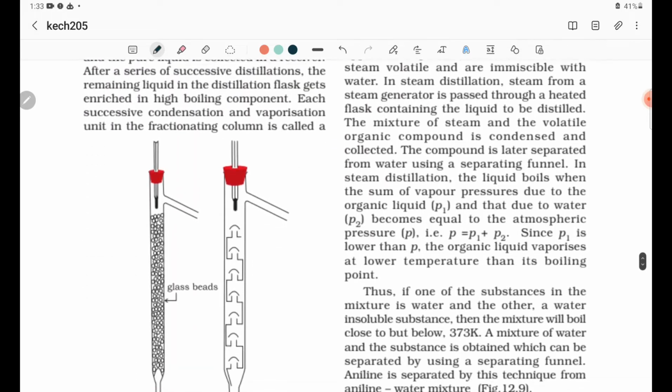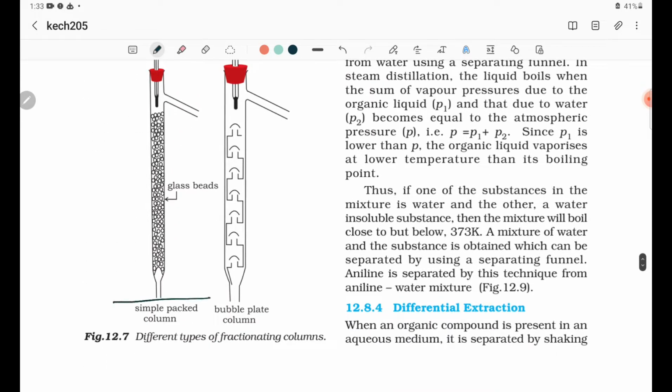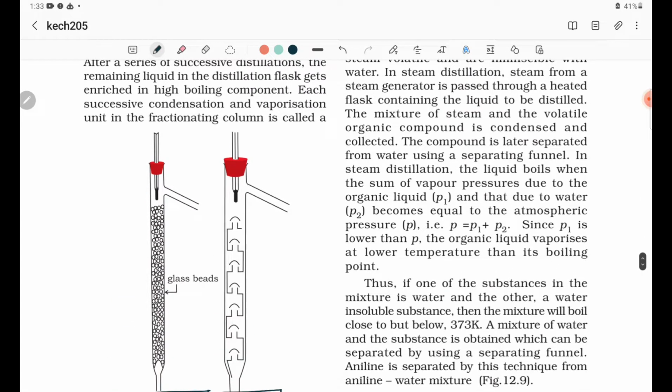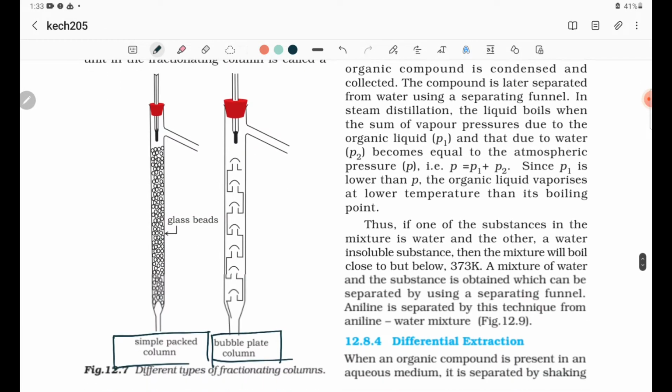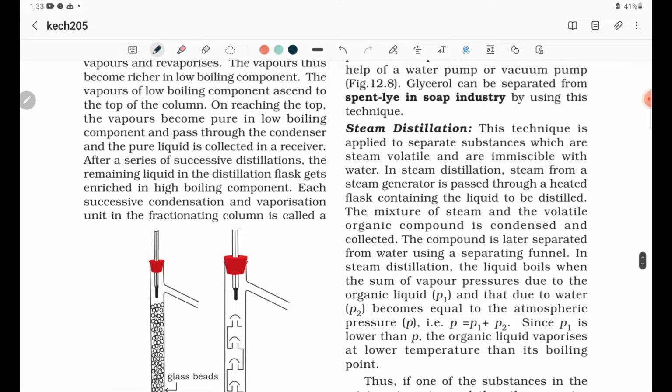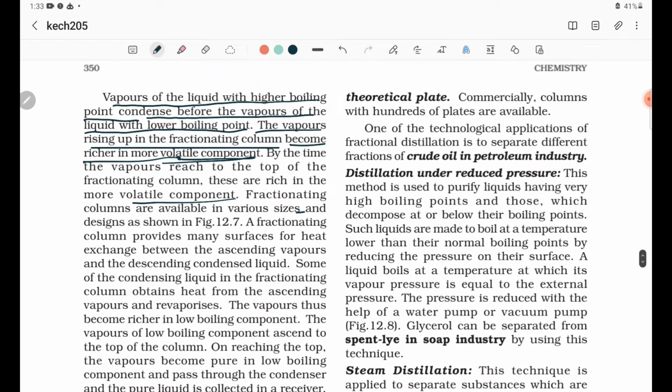So here they have shown this. Simple packed column, bubble packed column. Different types of fractionating columns are present. See, one type, second type, glass. These are the glass beads. This is the bubble plate column, and this is simple packed. Now here there is a little catch also. See, they are in various